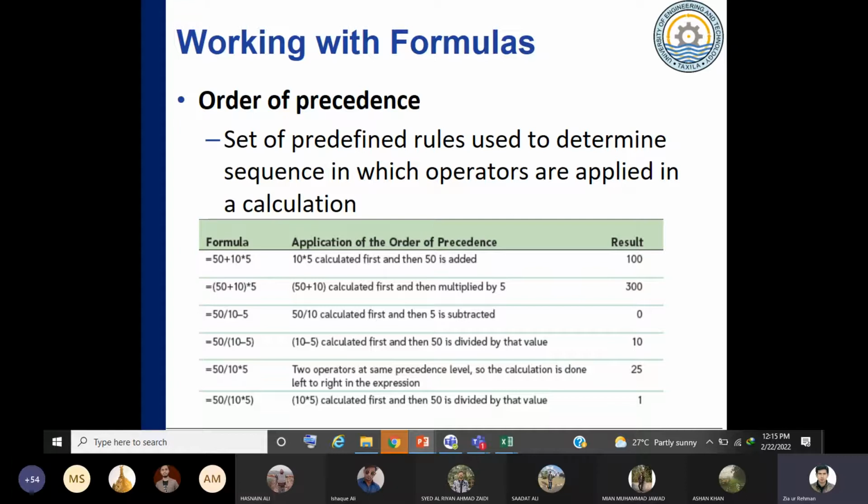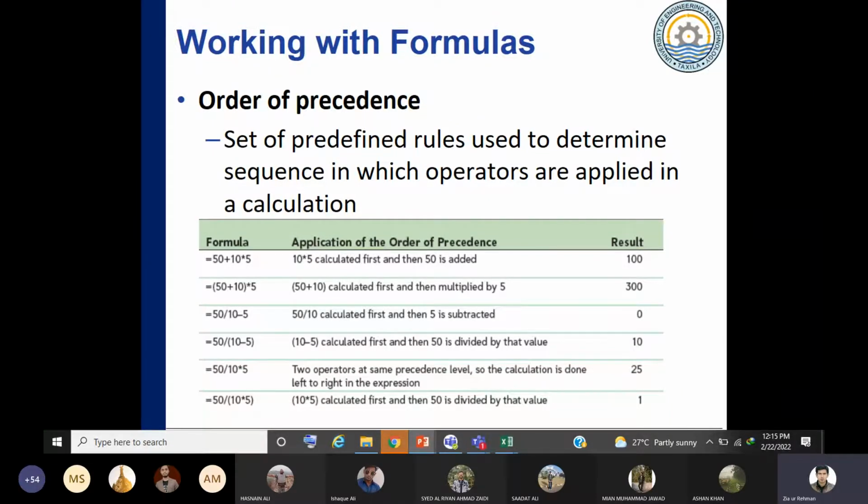And if you have to change the precedence, let's say you want to do the addition first and then the multiplication, obviously for the addition and subtraction operator you should apply a parenthesis or a bracket, because when you apply a bracket or parenthesis in mathematical terms, it means that it has the first preference to be solved.